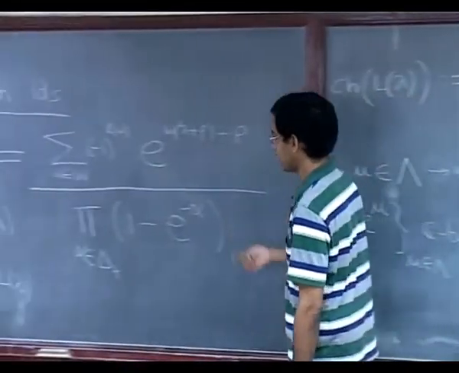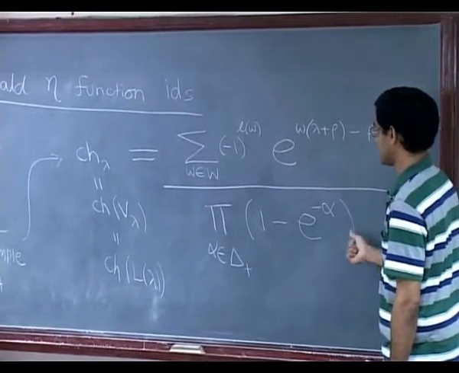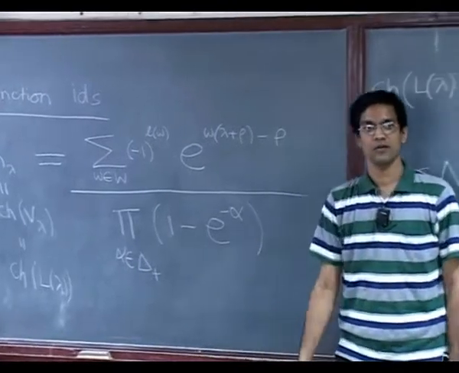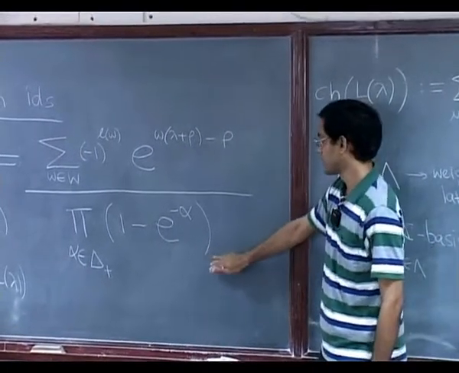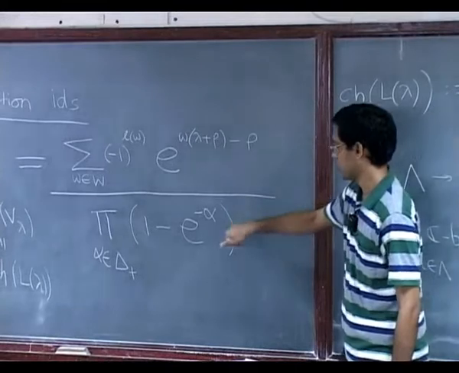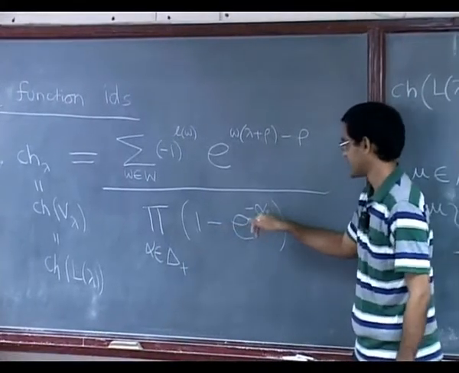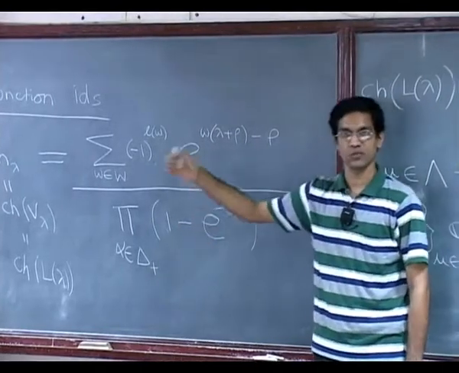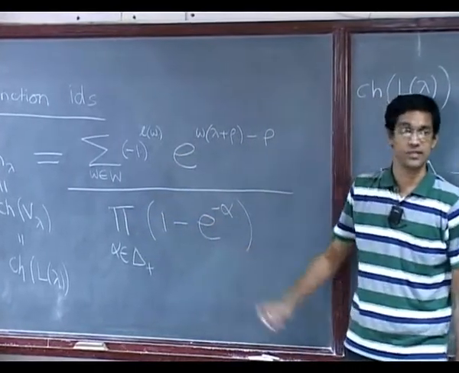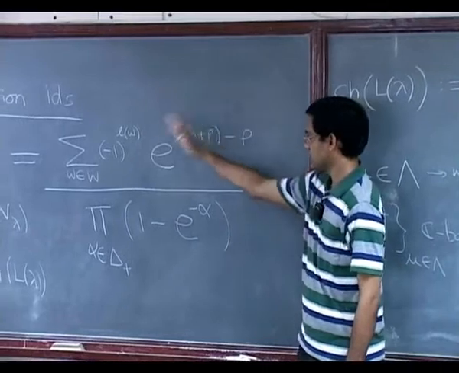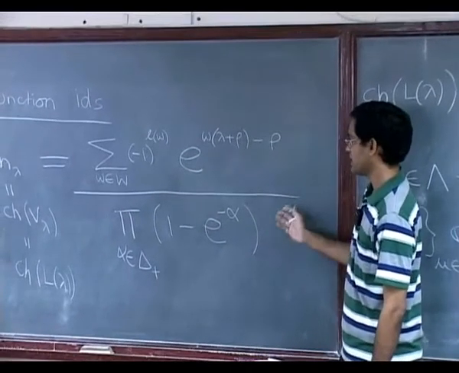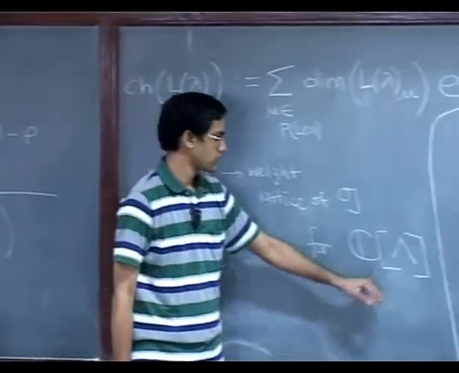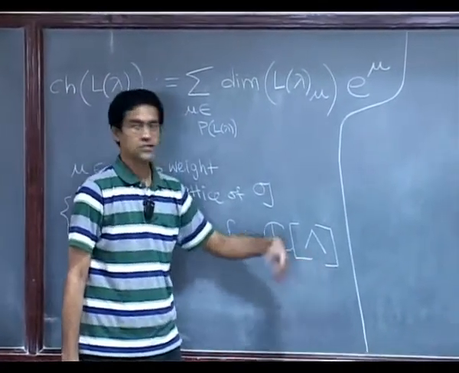But an alternate point of view would be to think of, instead of just finite sums, allowing for power series, sort of infinite sums. So there you would expand 1 over 1 minus e to the minus alpha as 1 plus e to the minus alpha plus e to the minus 2 alpha and so on. You would just use the geometric series, and think of this as living inside the ring of formal power series. I will not throw in a notation for it, but it is not quite C lambda, it is bigger than C lambda.